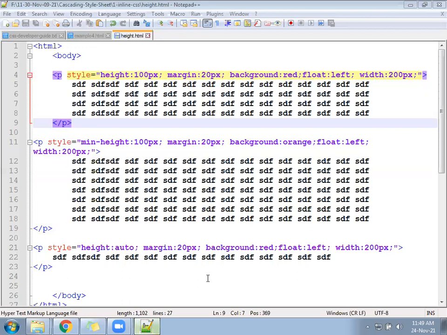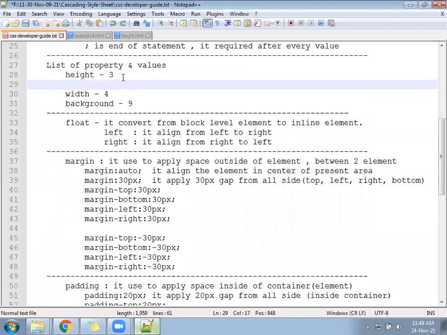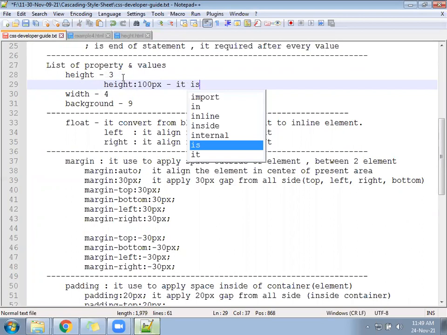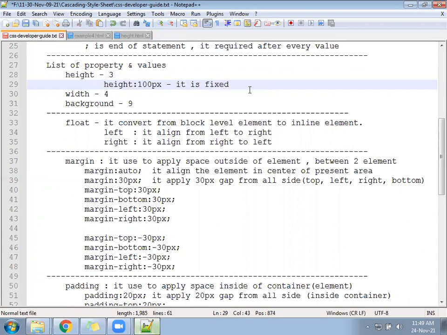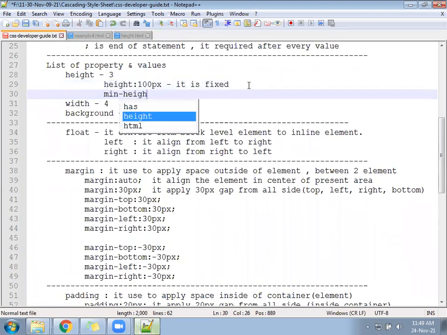Now come to the developer guide, and right here we have three types of height. One is called height, assume 100 px. What will happen in this case? It is fixed. Second, you can write min-height, suppose 100 px.